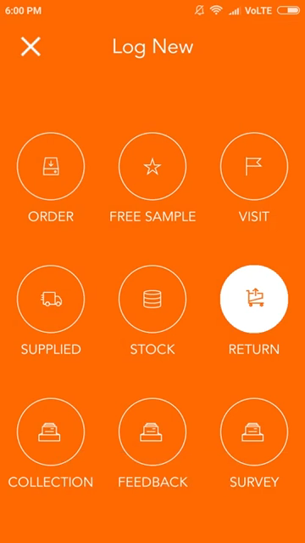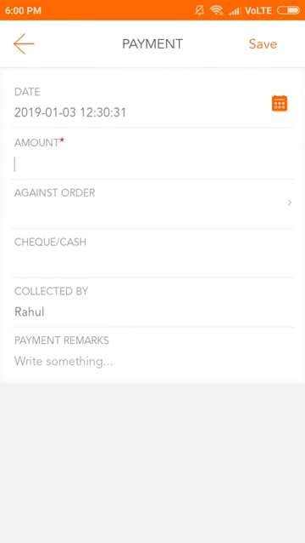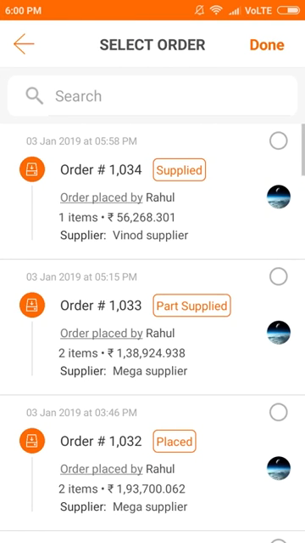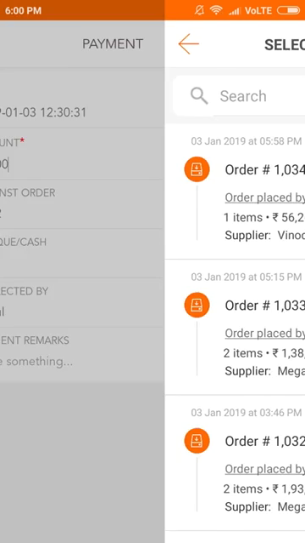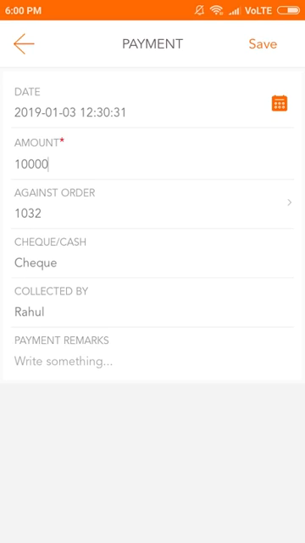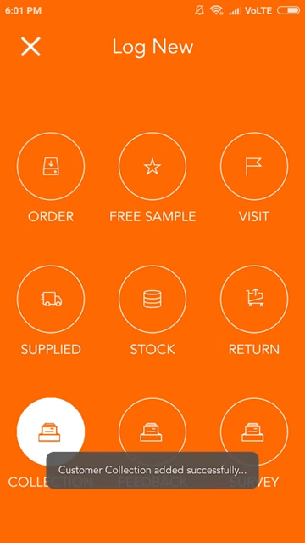Next is collection activity. Amount collected against order can be marked. For example, amount of rupees 10,000 is received against which order. Then click on done and add mode of payment and payment remarks if any. Click on save. The collection activity is done.